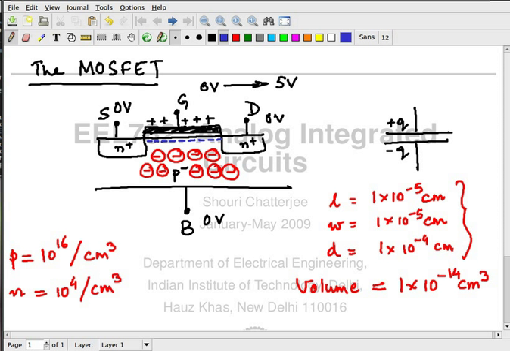Okay. So now you have the positive charge on the top, a negative channel, and charge in the bulk. This is called the depletion charge. It's a fixed charge because of the absence of holes. What's the relationship between these three charges? It's like a capacitor. If you have plus Q on the top plate, on the bottom plate it has to be minus Q. So the sum of that blue charge and the red charge,